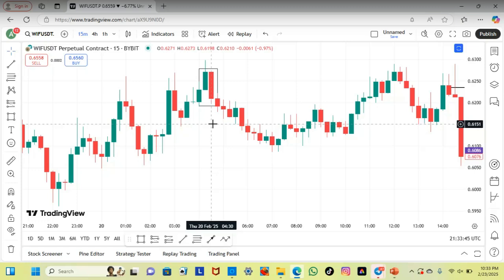Like this pattern, they are appearing everywhere in the market. That's why I said these are the most important candlestick patterns you must know, because they appear regularly on the market. You see this bear candle now, you see this bullish candle here, you see that the bear candle opened at the close of the what? The bullish candle, and closed below the bullish candle, engulfing it. That is, this green candle here, if you want to put it into this red candle, it can enter without you noticing the green candle. That is, the red candle can swallow up the green candle. So it's a what? It's a bearish engulfing pattern.